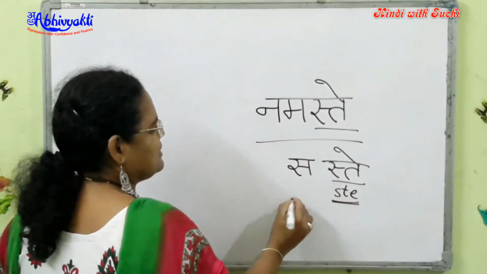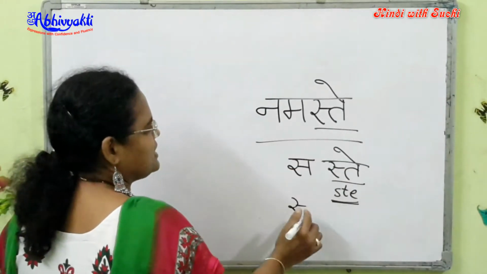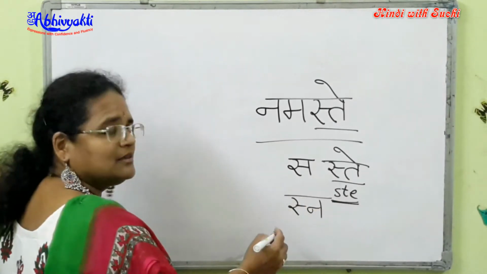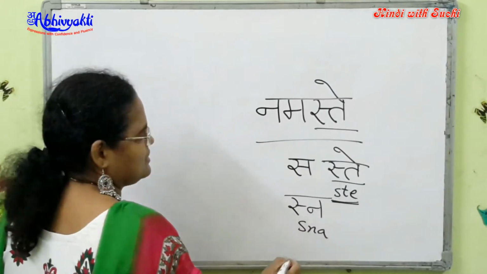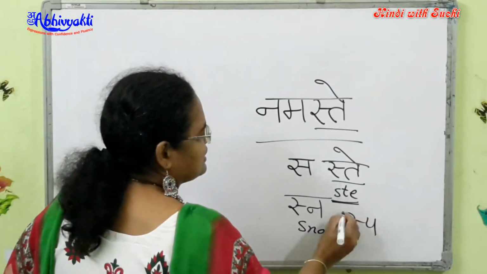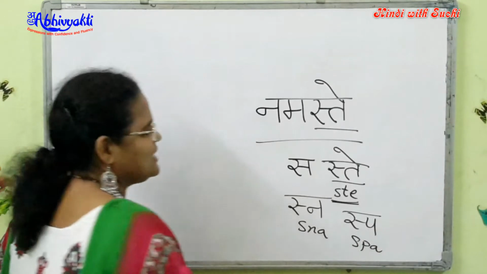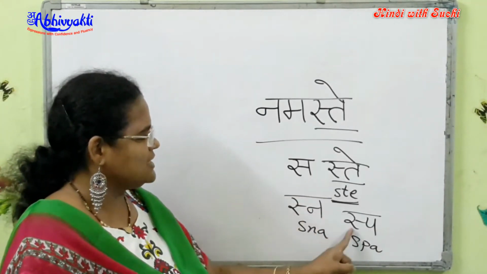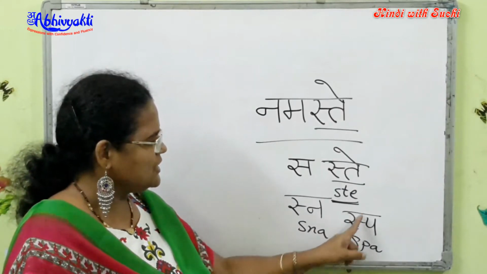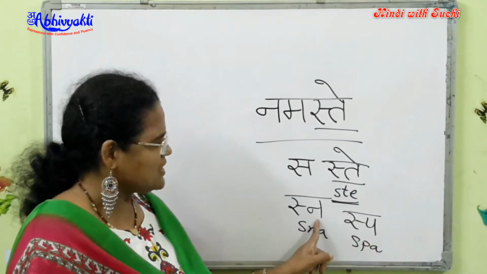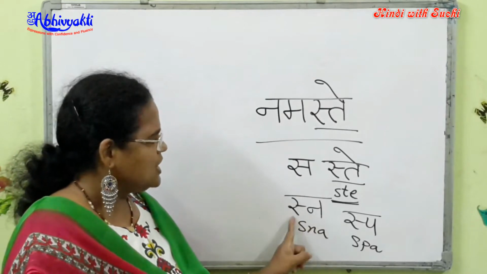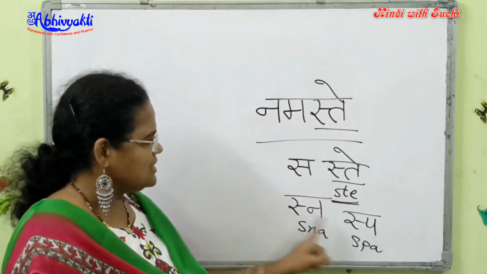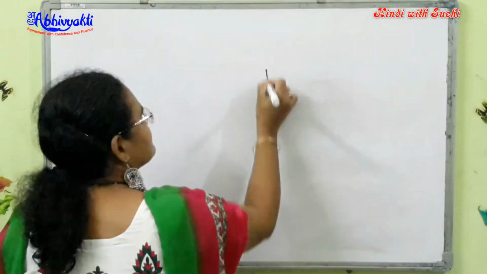Sa without the stem. Half. And you join it with any letter. Now I have sna. Spa. So this is how we are going to join the two consonants. And you can easily see the consonant without the stem line there joining the next consonant. So what you do is you just say them together like stay, sna, spa, in that order.